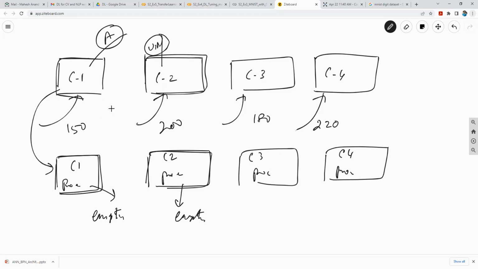I'll be using a for loop to read one image after another. In the previous MNIST dataset, whatever pre-processing we did, we thresholded the image. Okay, simple thresholding alone we did, right? Only thresholding. But the MNIST dataset images are all of uniform size, 28 by 28, so there is no requirement for resizing. But with these malarial images, each and every image